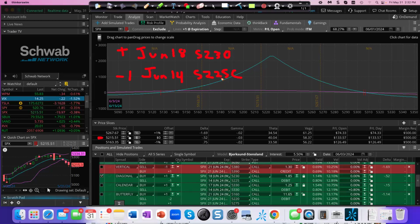So why am I setting it up with my short strike 10 points higher? Because I'm starting the trade with a little bit of short delta, right? So if we go up, I'd rather set my short strike above the market. Give me a little bit of a head start. But what I like about this, remember, the theme today is low maintenance. So here we are right now. If I put this on at 52.15 and I have it on Monday's date, if Monday we drop 100 points, boom,